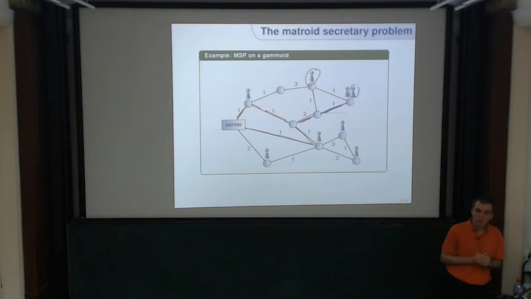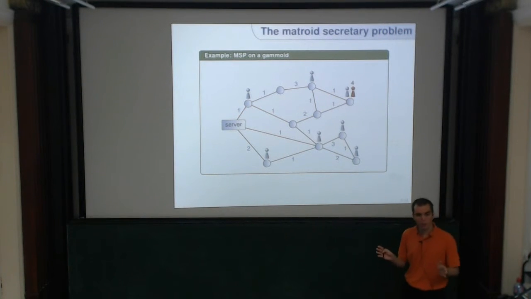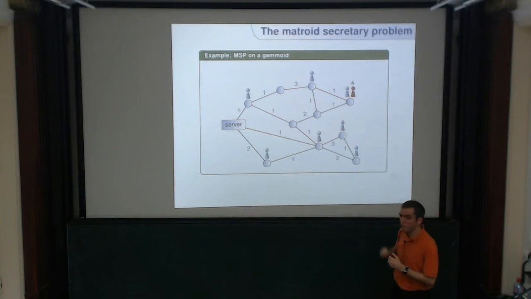Now the game is the same. So what I can do is I want to connect a subset of clients that are connectable and of weight as high as possible. And the mechanics are the same as in the secretary problem. So a random client will appear. They all have weights. I don't know those weights. Some client will appear, will announce its weight. Let's say 4.